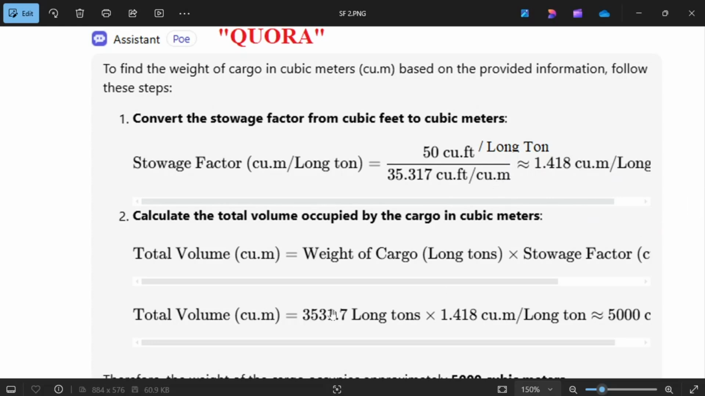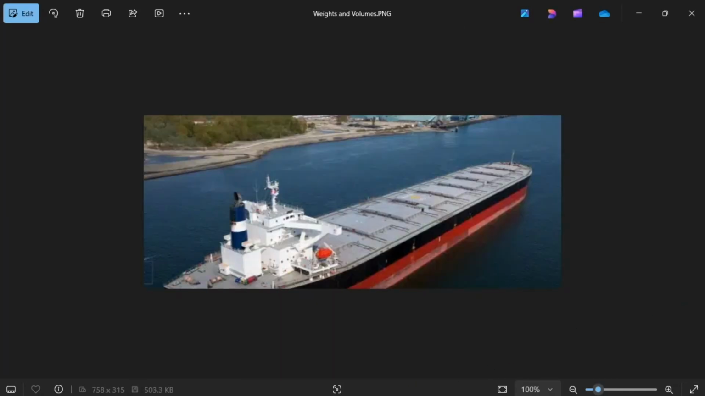Okay, so we go to number 2. Calculate total volume occupied by the cargo in cubic meters. To find the cubic meters, it is weight of cargo in long tons times the storage factor in cubic meters per long ton. So this is how it looks, guys. Total volume in cubic meters is 3531.7 long tons times your storage factor, which is this one, 1.418 cubic meters per long ton, is your 5,000. I'm sorry,